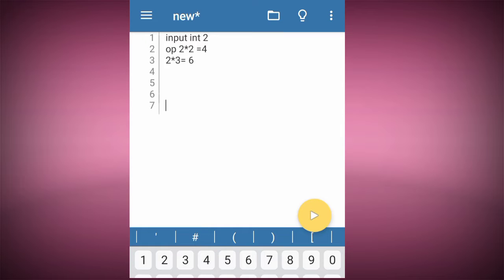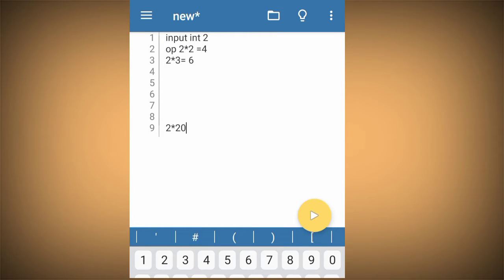After this, the whole multiplication table goes up to the end value, for example 2 into 20, 2 into 20 is equal to 40. That is the output. Now we'll start our program.